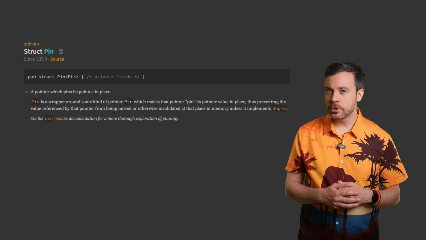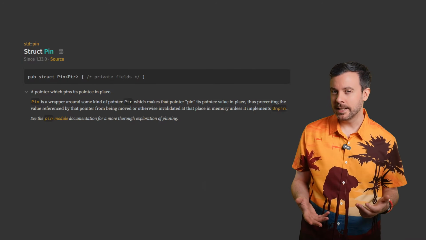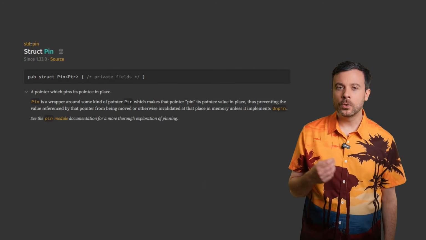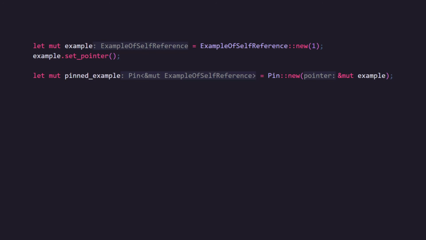Through the magic of the borrow checker, holding that single mutable reference is enough to lock the data in place. It's more like a guard or guarantee than anything magical. We can pin our example from earlier using Pin::new. Although you can't always use this, it's kind of goofy and I'll explain it in a minute. We now can't modify the original struct or move it because Pin is holding the mutable reference, but we can